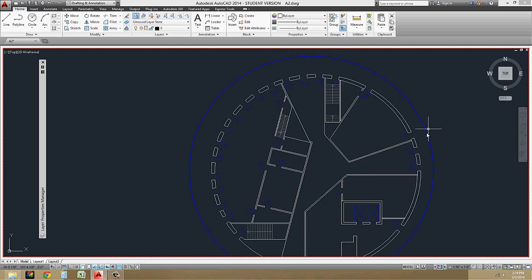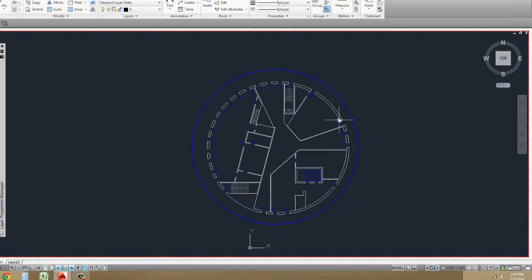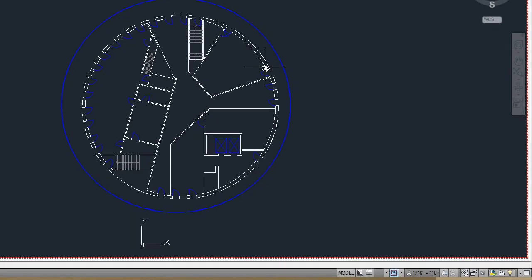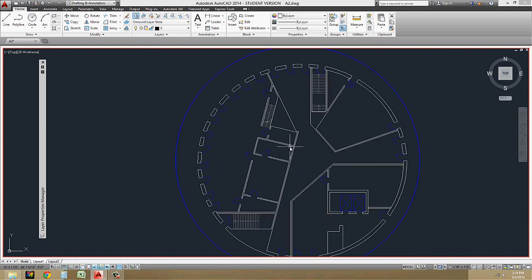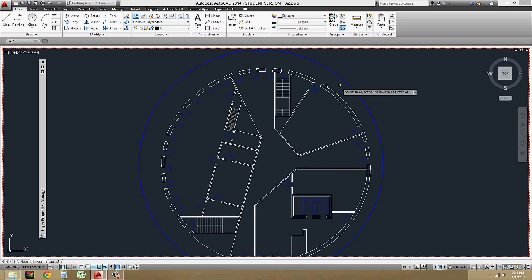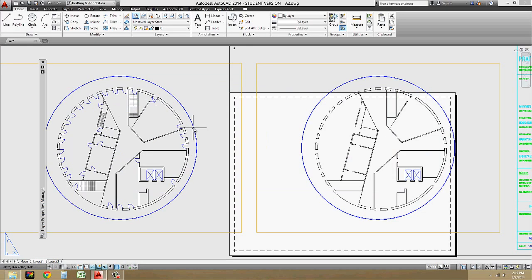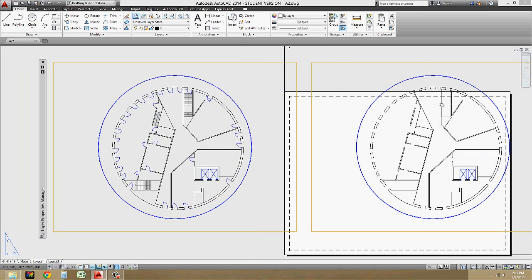And again, all this does is maximize the viewport, and it kind of alleviates you changing the scale when you start to work in your viewport. So that's why I actually prefer this method. And what I can do is the same thing. I can go into my layer freeze, and I can click on those stairs, for example, or the doors, and I can minimize my viewport. Now you'll see that they changed in this viewport and not in this one. So I can start to selectively show or hide the information that I want for each drawing